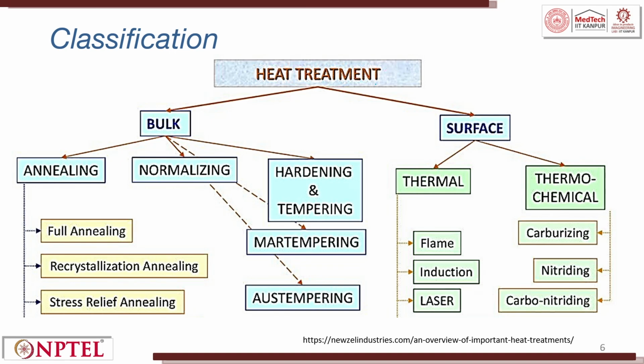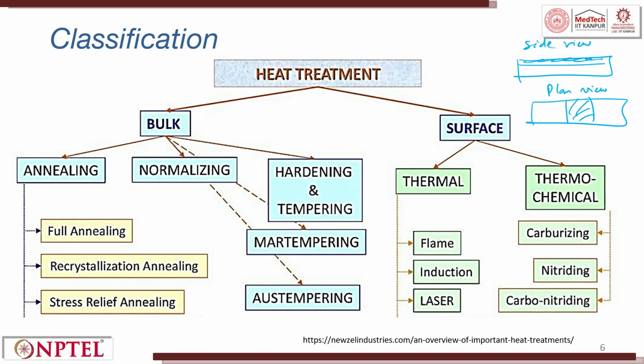When you see heat treatment, it is classified into two. You can do it throughout the material, that is called bulk. If you want to do only the surface, on top of a surface, I can do only on the surface. Only selectively in this portion I want to do, that is also possible. This is from the side view, this is from the plan view. Only the center portion of the shaft you want to do, you can do that. So, bulk and surface are two categories of heat treatment.